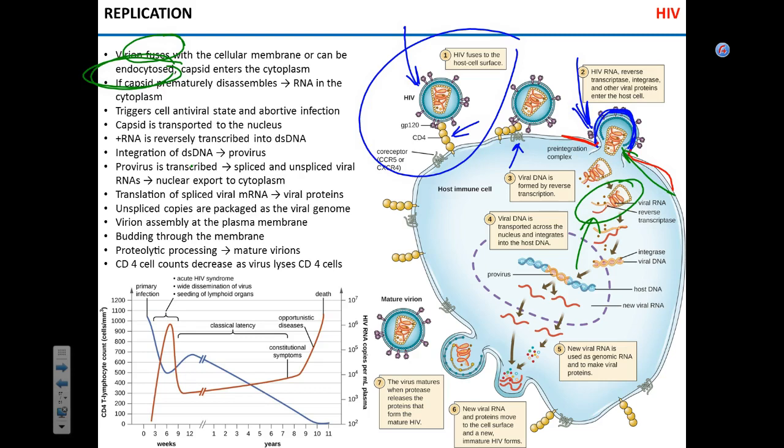It can detect viral RNA in the cytoplasm, initiate antiviral state, which leads to so-called abortive infection, meaning that virus basically is cleared from the cell. Does that make sense? So cell notices it. The surveillance molecular mechanisms notice the infection and clear it out. Does that make sense? Well, if it doesn't happen,